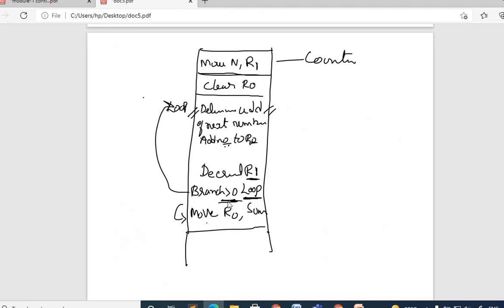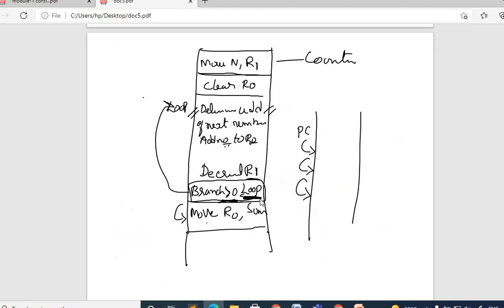But if this branch condition is true, the PC does not automatically increment. Instead, the PC is going to contain the branch target address. So the branch target address is nothing but the new value that the branch instruction loads into the program counter. In the previous topic, we discussed that the PC is automatically incremented and points to the next instruction address. But with the branch statement, if the condition is true, the PC is loaded with a new address.